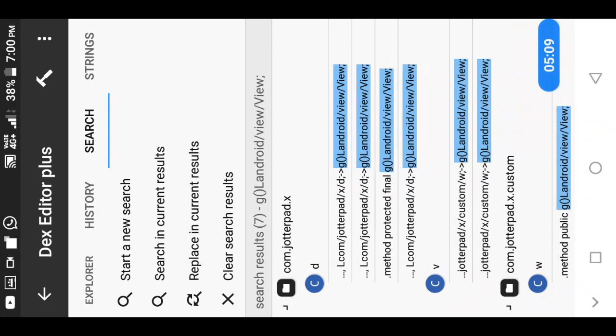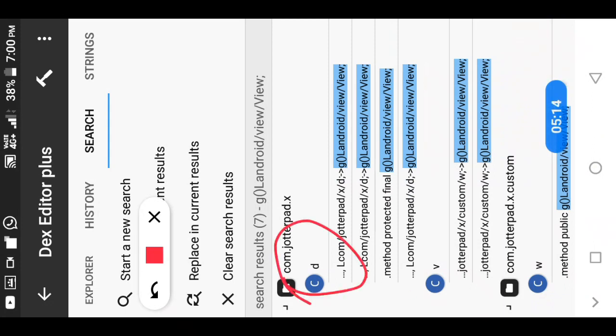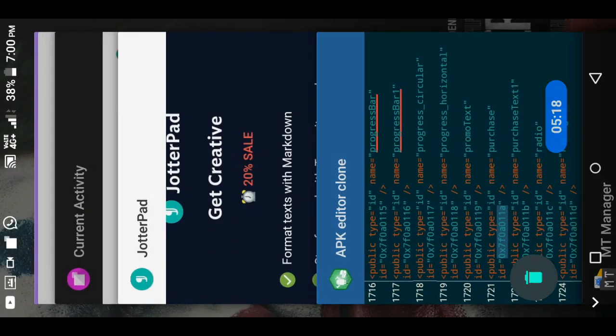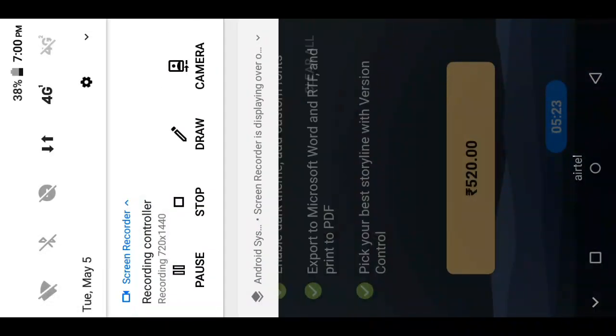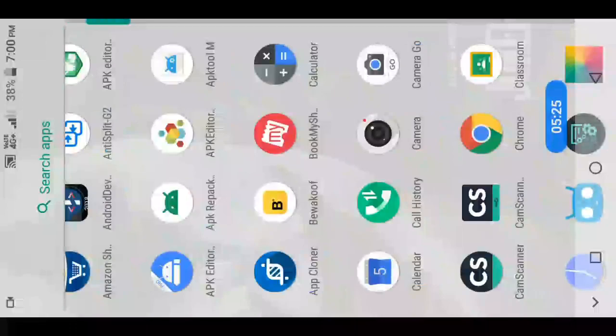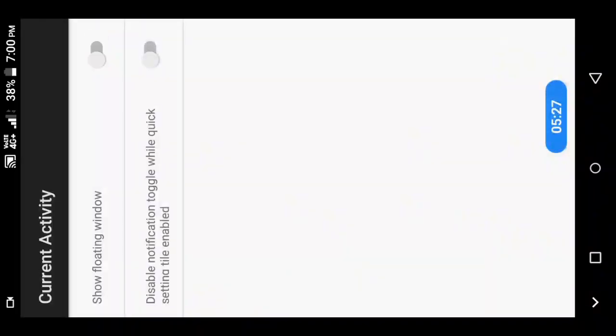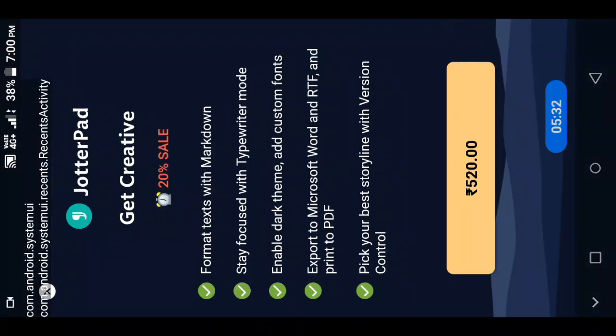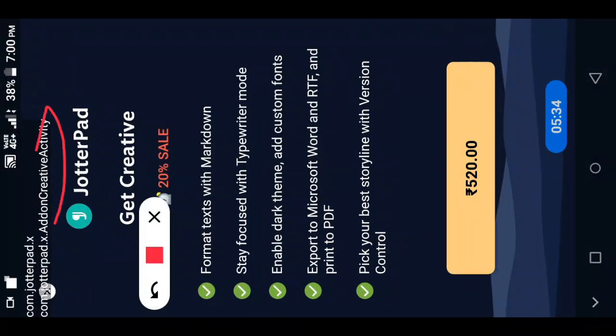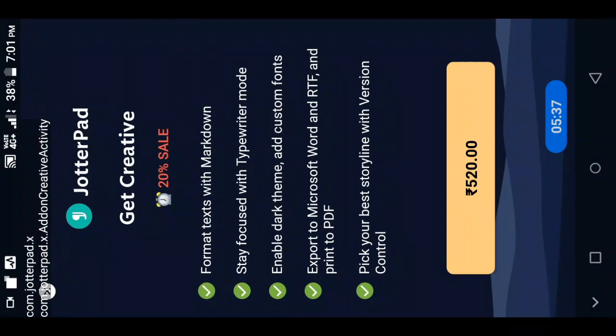We got the result, but you can see here none of them is of AddOnCreateActivity. Here you can see AddOnCreateActivity, we need this. So our keyword, the button ID, was not successful.